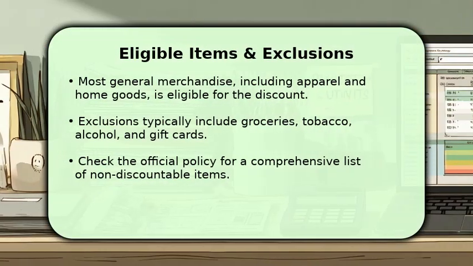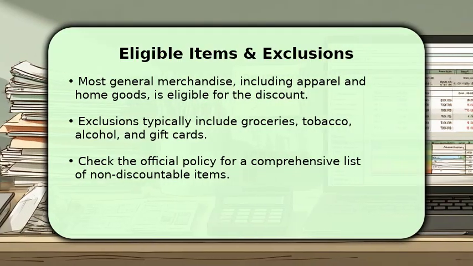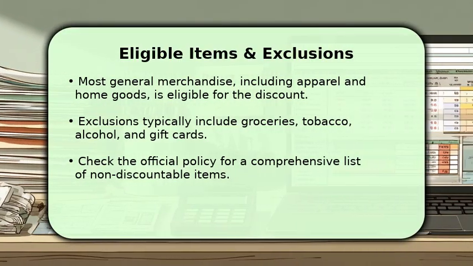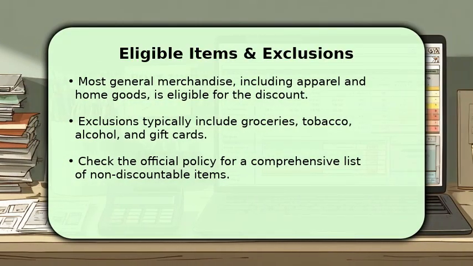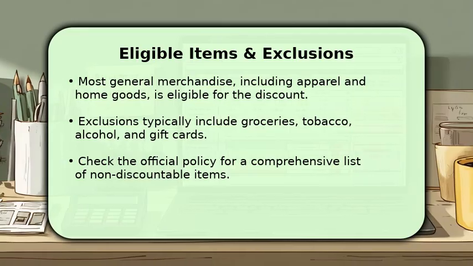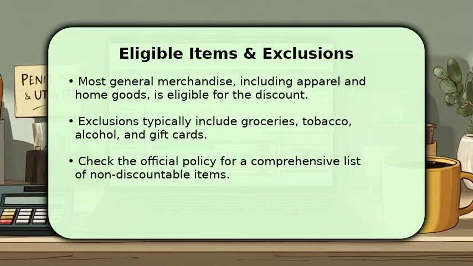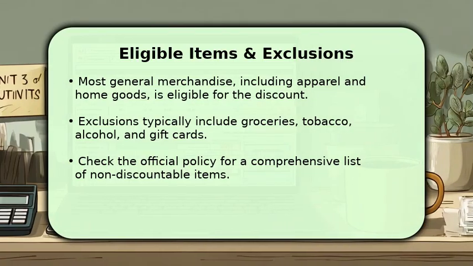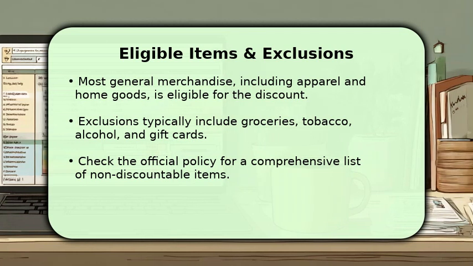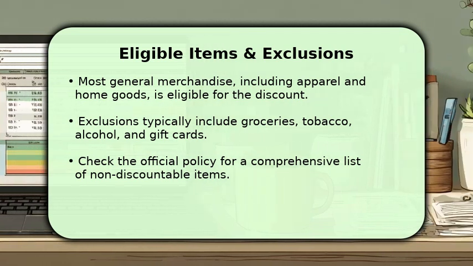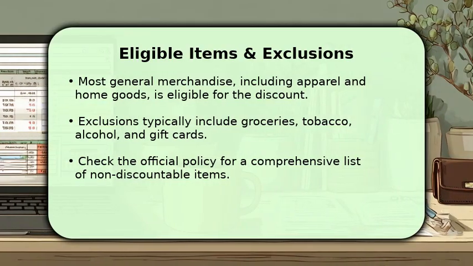Understanding what items qualify for your discount is key. Generally, most general merchandise, such as apparel, home goods, and electronics, will receive the 10% reduction. However, it's important to note that certain categories are typically excluded. These often include groceries, tobacco products, alcoholic beverages, and gift cards. Always consult the official associate discount policy for a complete and up-to-date list of non-discountable items to avoid any surprises